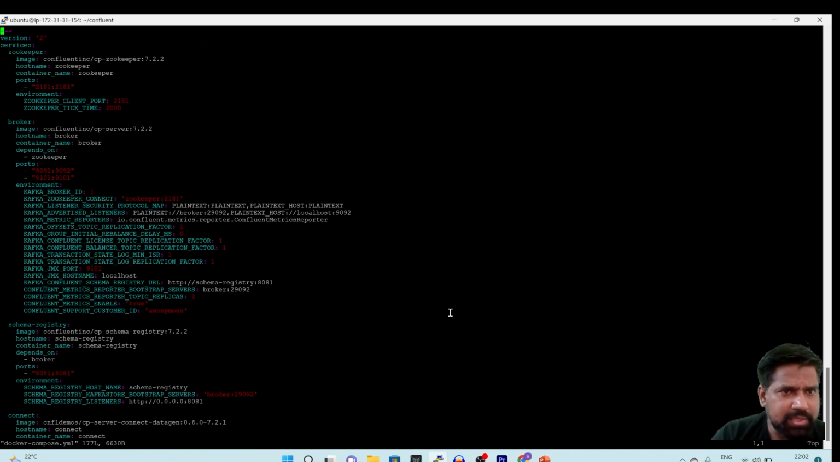Alright, so there are not many things here. We may not need to know these things now, but I'll just show you a few things very quickly. So this is a Docker Compose file, and this file will be used for installing all the